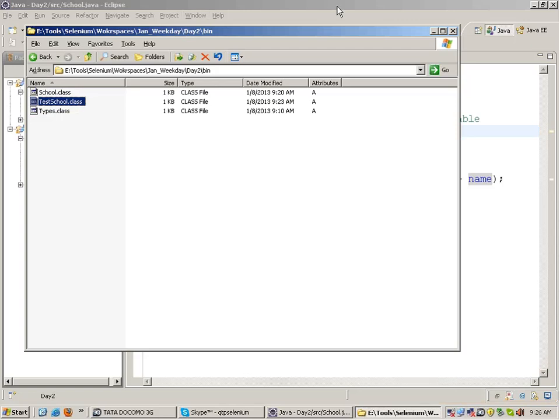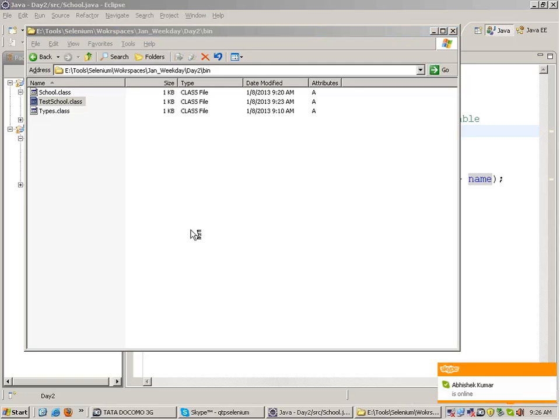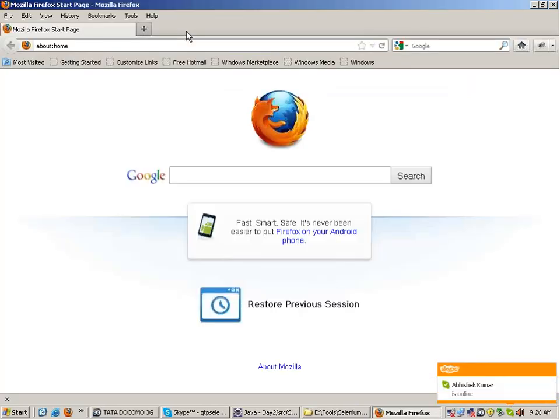So now what we do is that we put all the class files together and put them in a jar file and deliver it to the client. Fine. So similarly, the Selenium guys have also done the same. When you go to the Selenium site, and if you go to Google